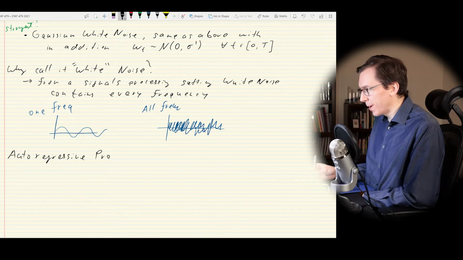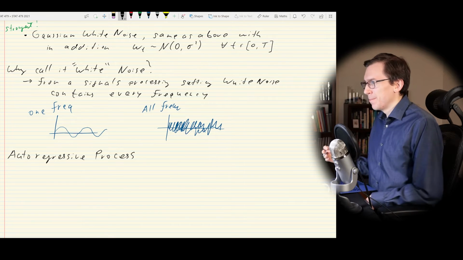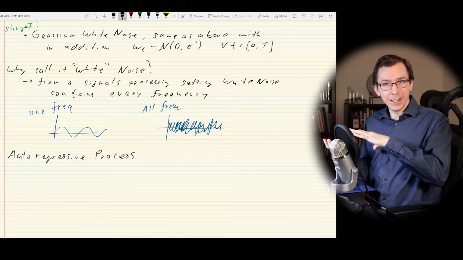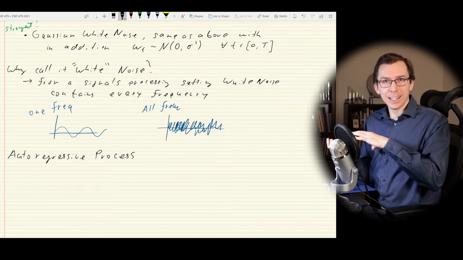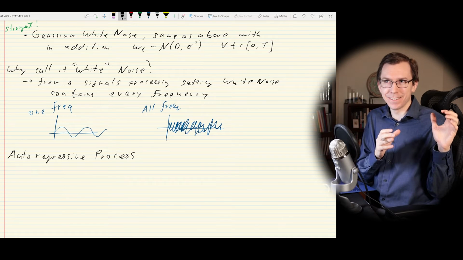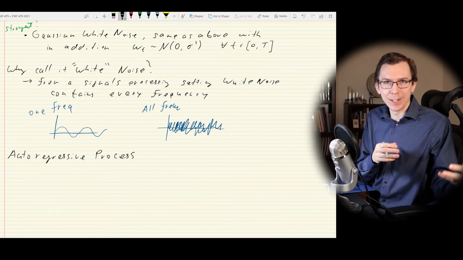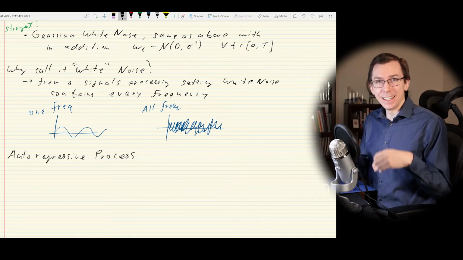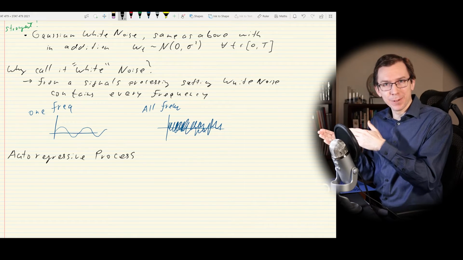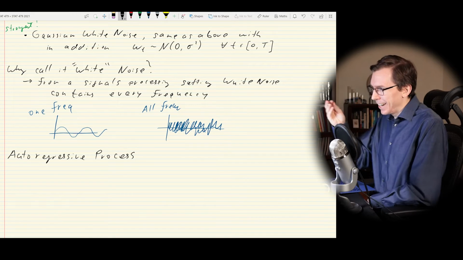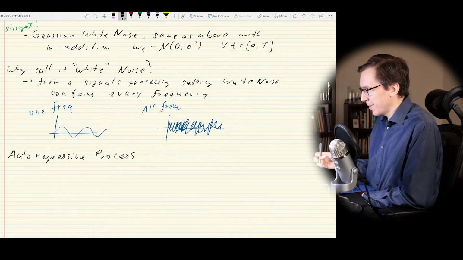The word regressive here is kind of jumping out, because in a regression setting, we take our independent variables and use a linear combination of them to predict our dependent or response variable. In time series, we use the same variable in the past to predict itself in the future, if that makes sense. So let's try to write that down